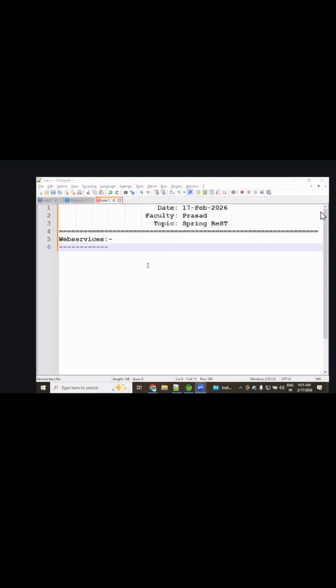Okay, let me go point by point. Very, very important discussion here. Even for Spring Boot and microservices, you have to use this RESTful only. So now onwards, we are moving one more step. Listen carefully. What are web services? It is a process of